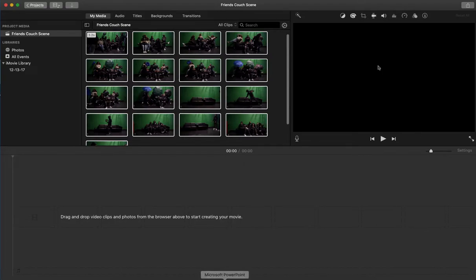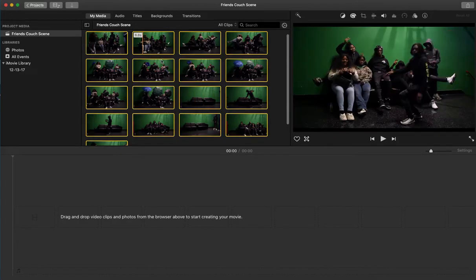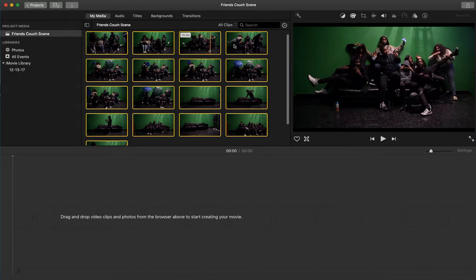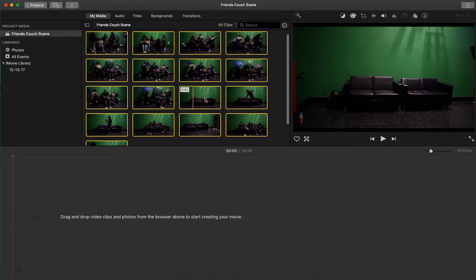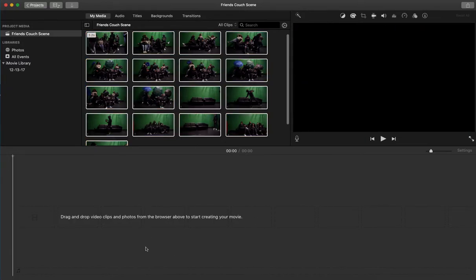Do this very quickly. So I've uploaded everything from our couch scene, our friend's couch scene, and with this you're just going to do an exercise in how to split, rearrange, and edit in iMovie. If you see here, as I'm dragging my cursor on, I can review the footage really quickly up in your media area, and then down here is where you have your